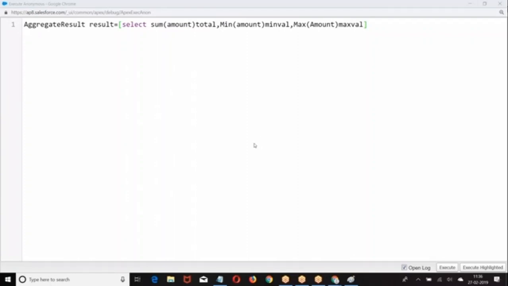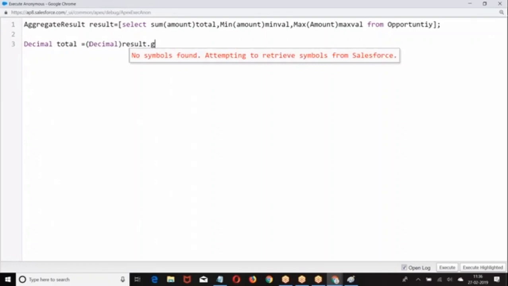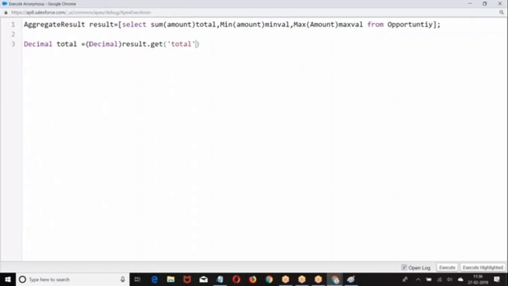So let us look at this example. Select sum of amount, min of amount, max of amount from opportunity. Then I am trying to take the value, decimal total equal to result dot get of decimal.